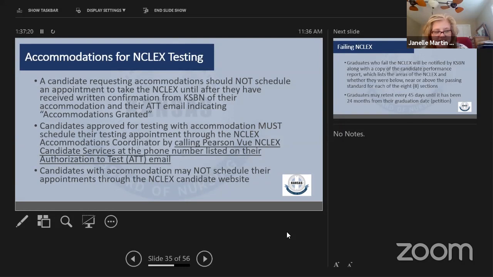I don't know that we have a specific response to that, but I will see if I can get some clarification, and if Linda may be able to speak to that this afternoon. If not, we'll send something out if there's any further clarification. But yes, I always tell them that if you're asking for accommodations, depending on what the accommodation is for, it could have an impact on licensure that way. And that would be up to the board.